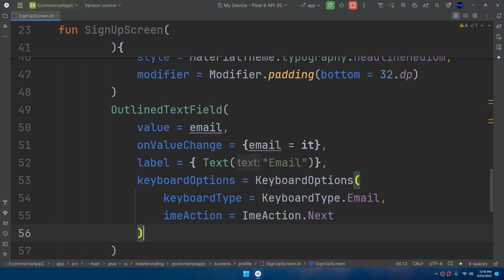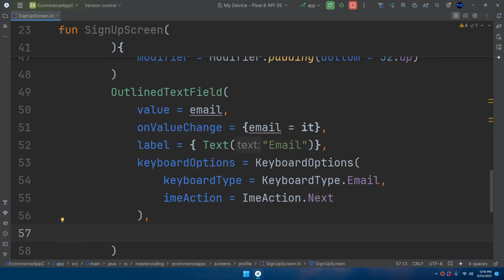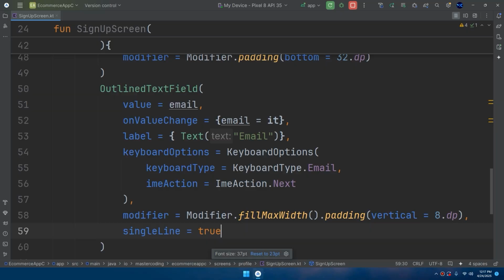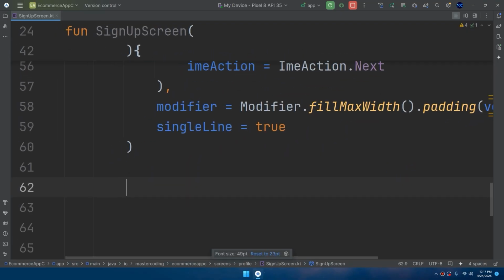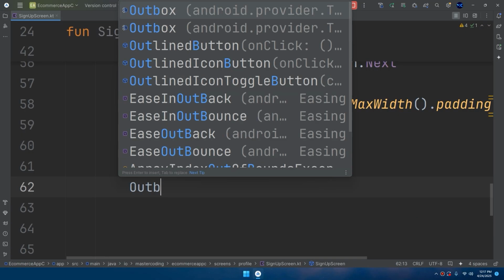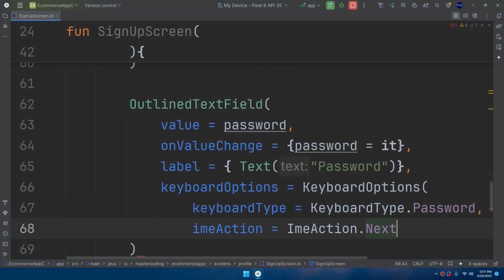So when the user clicks done, we're going to go to the next step, which is the password. Okay, but before we move to the password, we need to specify the modifier, fill maximum width, and set single line to true. Another outlined text field is the password. Similar to what we've done before, I'm going to create